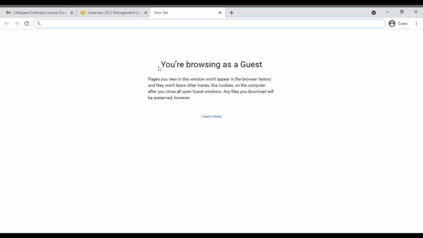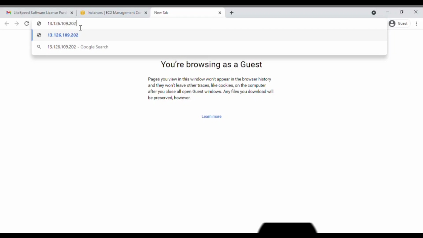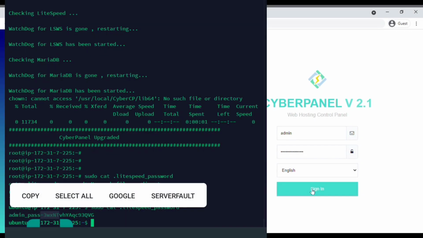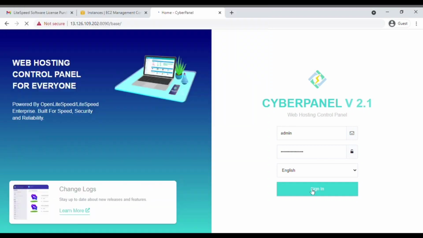In this part of the tutorial, we are going to set up our server, install WordPress, and then set up our domain, and then install the free SSL certificate and do many other things. Let's start. The first thing you need to do is copy your server IP address and put it in your Chrome search bar. Next to your server address, add :8090. This is the code which we are going to use to access our dashboard, and it is the same for everyone. After that, in the username just add admin, and in the password just paste the password that you had copied in the previous steps. Click on sign in.